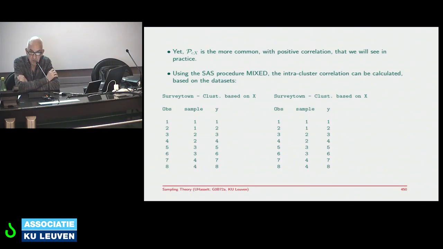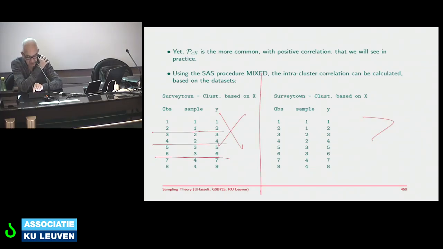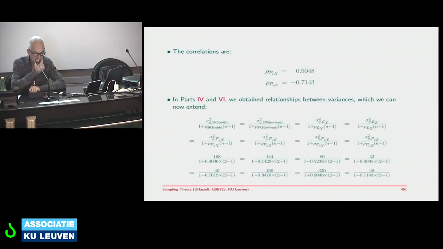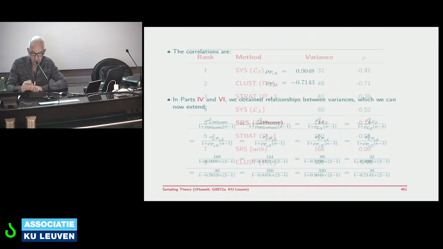Okay. Let's calculate the intra-cluster correlation. We can do that now and say our population consists of 4 possible clusters, at least if we base everything on x. On z, 4 possible clusters, but different ones. Good. Now, what are the correlations? Based on x, 0.904. That's an extremely large correlation, and that's not good news, but that of course explains why we go all the way to 320. If we base it on z, we go down to minus 0.71, and that means